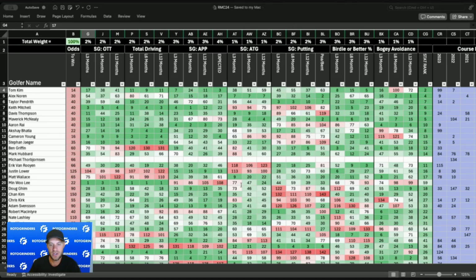The last 5 years, it's ranked 43rd, 38th, 40th, 38th, 42nd in terms of difficulty. The winning score during that time frame averages about 23 under par. The fairways here are wide. Greens are very easy to hit. The course is pretty short for a par 72, only 7,370 yards. Now, I do think we're going to see it play a little bit longer this year